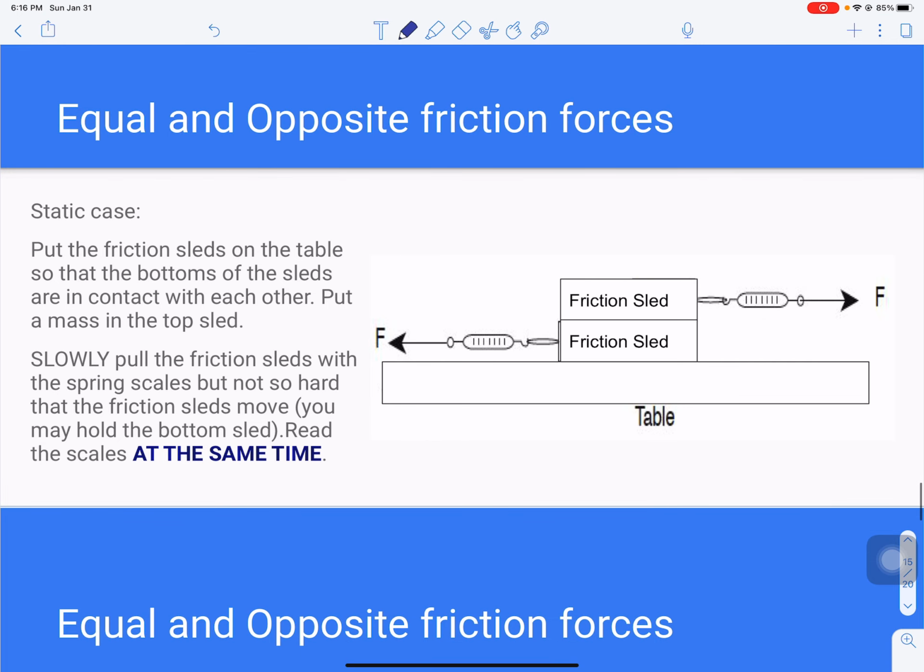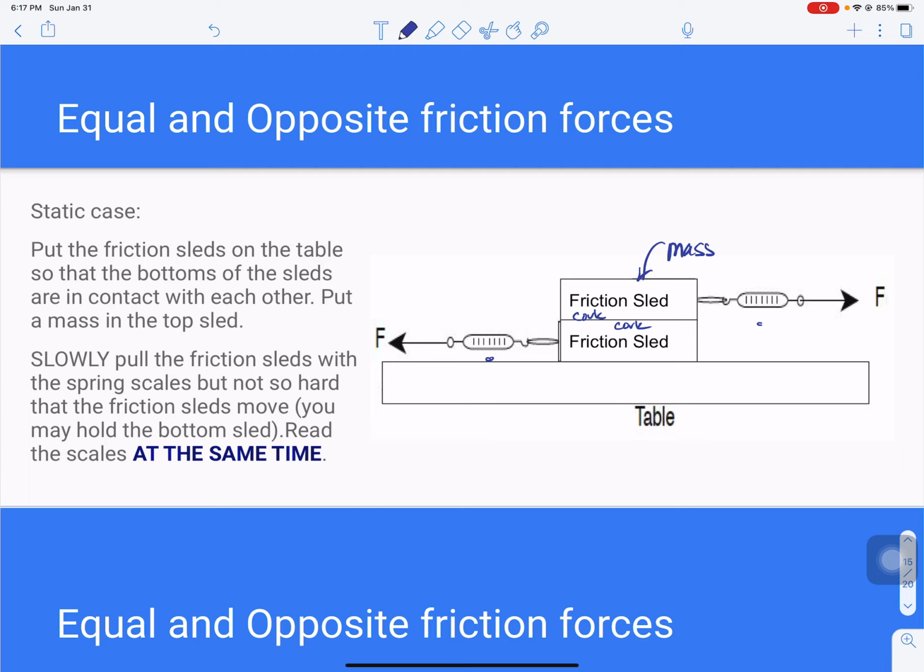Okay, so I want you guys to do some exploration. So we have these friction sleds, and they have different things on the bottom, like cork and rubber and Teflon. And then what you're going to do is stack them so that the bottoms are in contact with each other. So this would be like cork on the top one and cork on the bottom one. And then you want to put a mass in here, and you are going to connect the